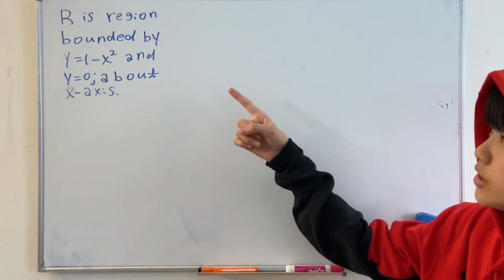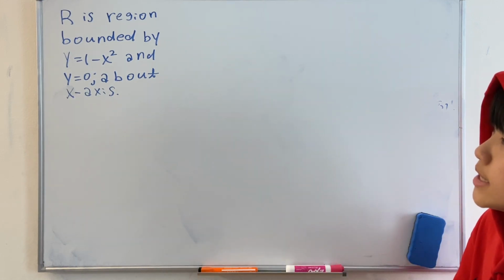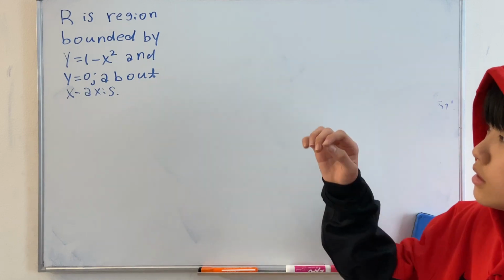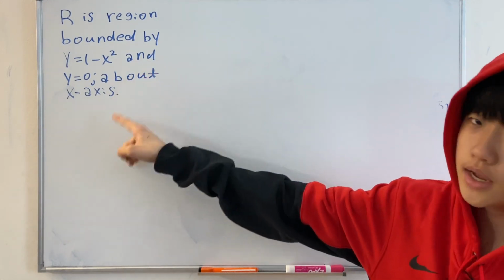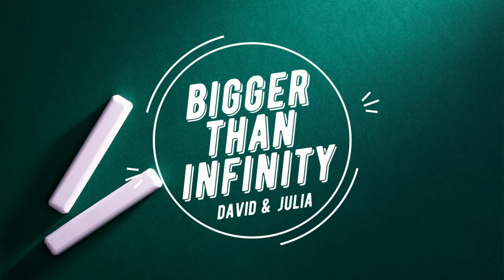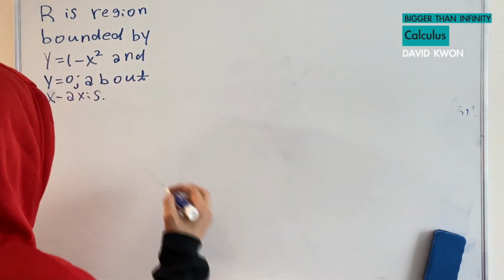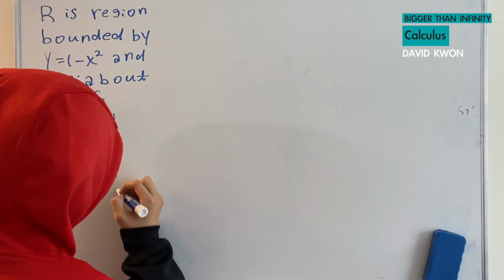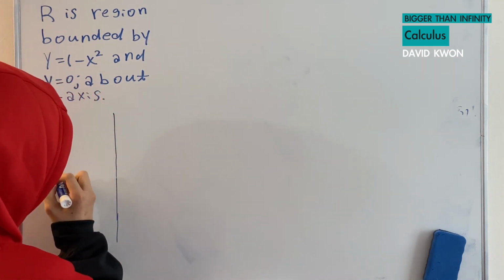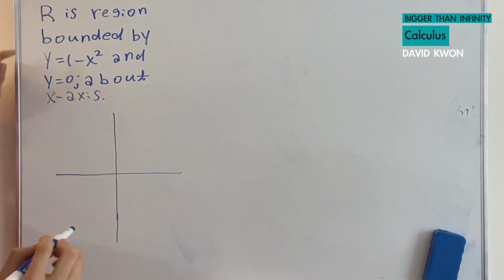R is the region bounded by y equals 1 minus x squared and y equals 0, about the x-axis. So we are going to draw a graph first. We have a graph and we need to sketch out y equals 1 minus x